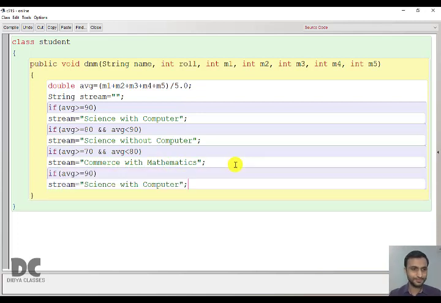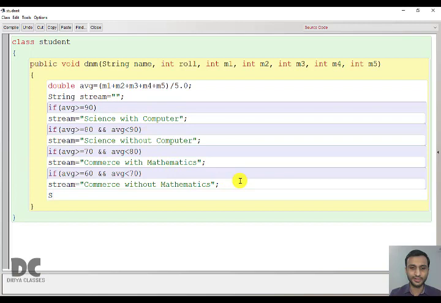And the last one, it is 60 to 69. 60 and average less than 70. It will be commerce without mathematics. So all the 4 cases are done. There are 4 cases given in the question. Then finally we'll print it.